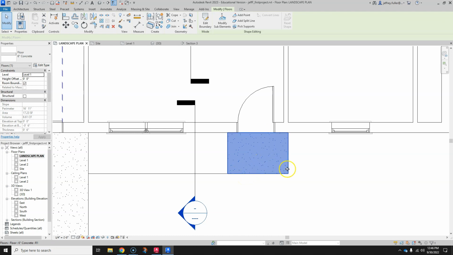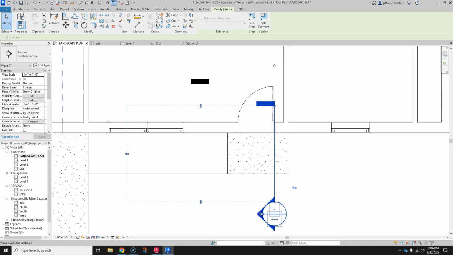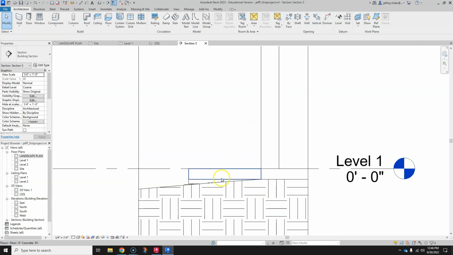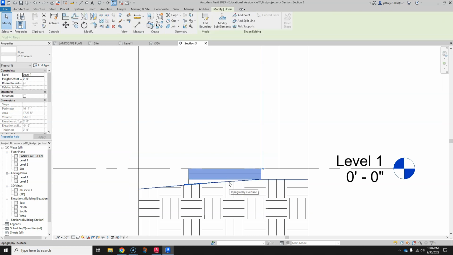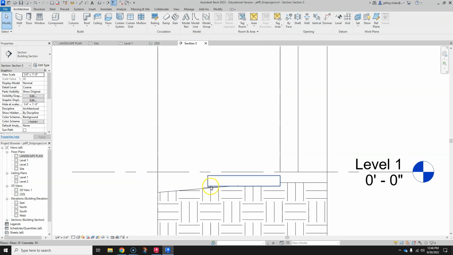But first thing we want to do is set the general height of it. So let's bring this section view over here. We'll click on that. Okay. So we want to bring that down because it's going to be a little bit lower than the actual foundation. So when you walk out the door, you're actually going over a step. So I just lowered it 2 inches, is all I lowered it there. And to cover this part up where it seems to be floating over the property, I'm going to put a slope on that. And it's going to actually slope the